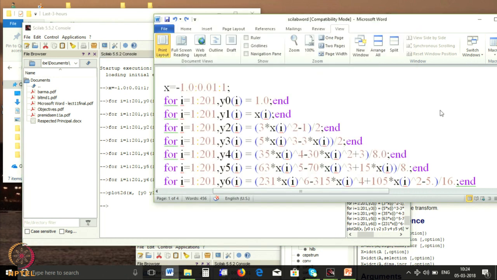If you are using a Linux operating system, then you may use the editor in the Scilab command. When you use an editor in Scilab, you can enter all the lines and then execute that edited file, that is an SCE file. Or if you want, you can just edit a normal file, save all your commands there, and then copy paste all those commands into your Scilab environment. What is the advantage of this copy pasting? If you make some mistake, you can go back to your Word file or edited file and correct it, and then go back to the Scilab environment. This is far more effective.